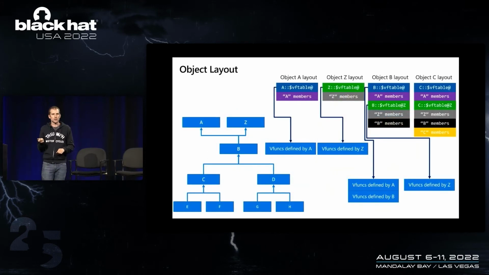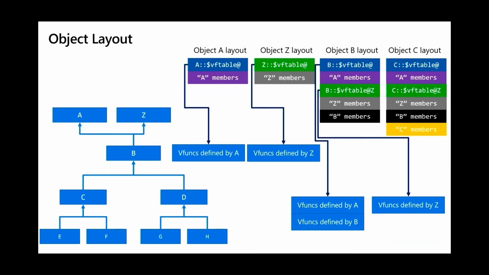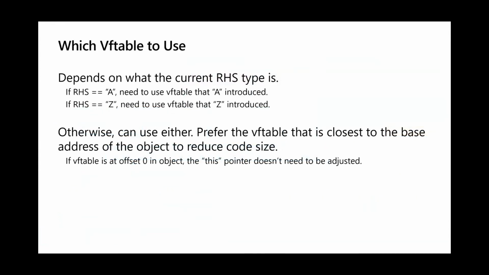And if you look at how the objects themselves are laid out, you'll see that the 2 base classes, A and Z, are laid out effectively how you would expect. They have their vtable, they have their member variables, and anything that inherits from both of them, once again, has a copy of both the A and Z object. So object B, for example, has an A and Z object, which means it has 2 different vtables, one chaining to the A hierarchy, one chaining to the Z hierarchy. And so when you encounter multiple inheritance, really the only question that you need to ask yourself is, which vtable hierarchy should I use here?